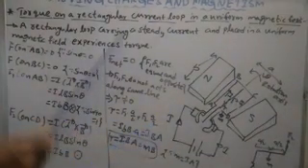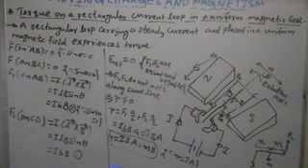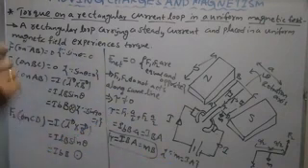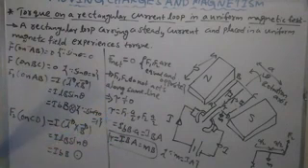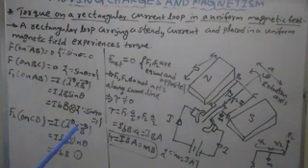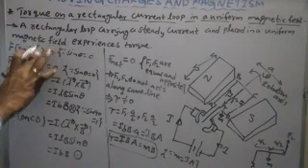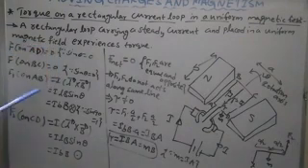Now, a current carrying conductor is placed in a uniform magnetic field. What is the force experienced by a current carrying conductor in a uniform magnetic field? We discussed already: B I L sin theta. If the length of the conductor is placed parallel to the magnetic field, what is the force experienced? Zero. If the length of the conductor is placed perpendicular to the magnetic field, what is the force experienced? Maximum, B I L. Right? Here, the force on the AB part, and on BC and AD. The force on AD part, how much is it? Zero.